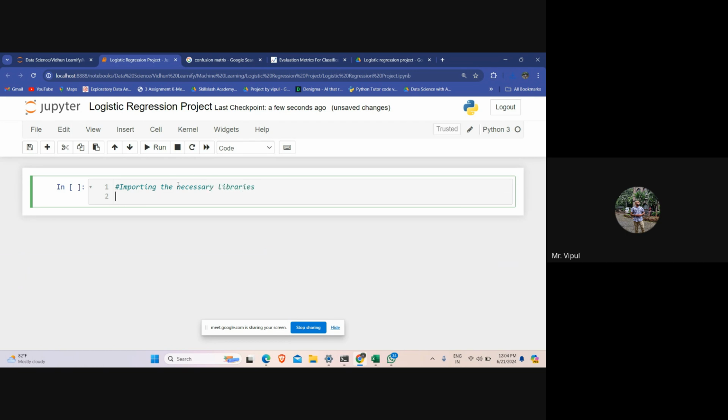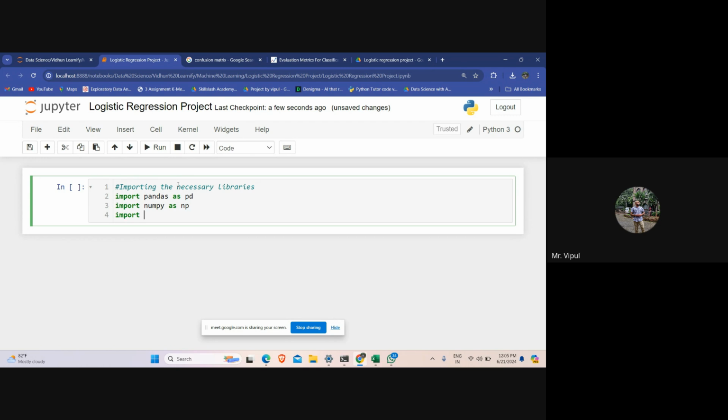Import pandas as pd, import numpy as np, import matplotlib.pyplot as plt, import seaborn as sns,